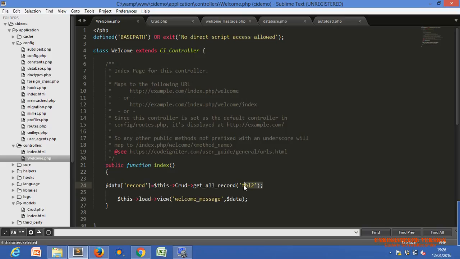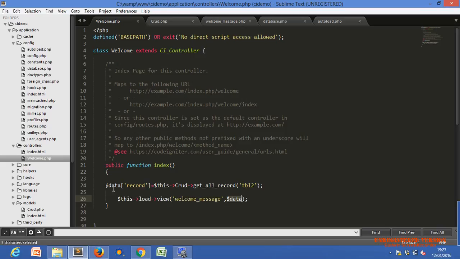If it is fetched, we get the data in one array type variable, data, and within the data there is a record. Then this is the code for loading the view, welcome_message.php, it will load that particular view, and this is the $data.